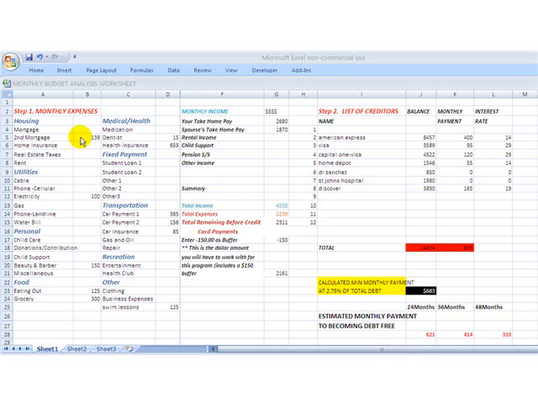I have purposely pre-populated some of the items here on the worksheet, but I'm going to now add a few more items just to show the dynamics. If you would take a look at this expense line that's right here, you'll see that this is dynamic and will change. Most of our present clients are renters, and I would say about 40% of them are house owners. In this example, I'm just going to use a house owner as a